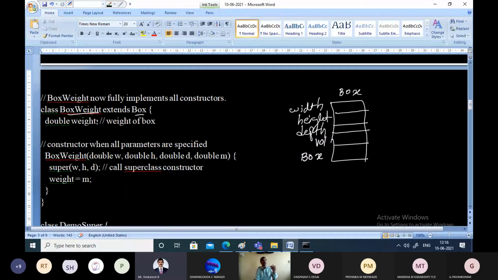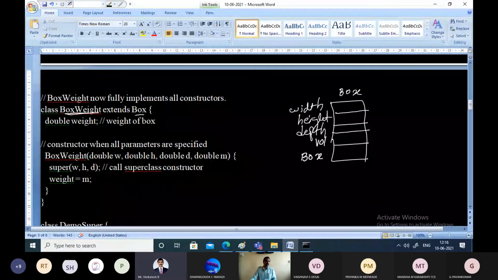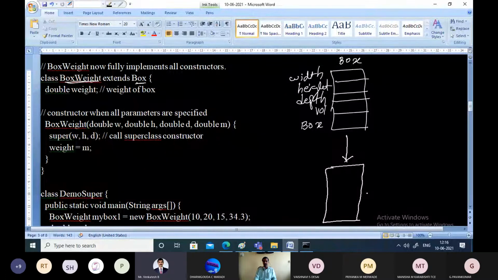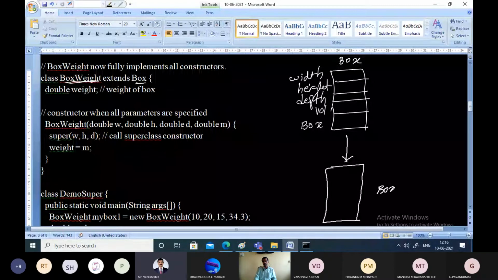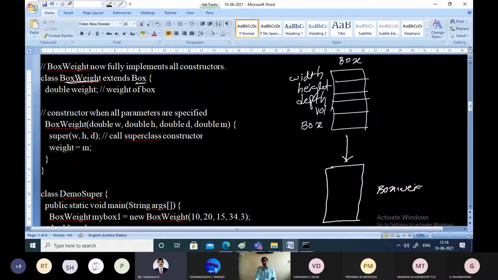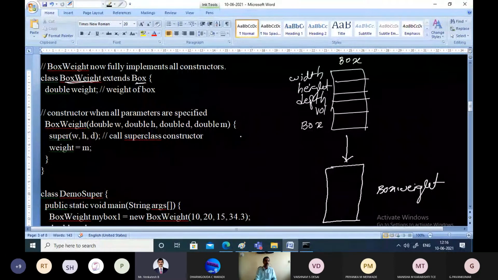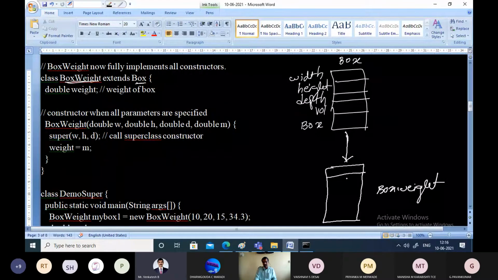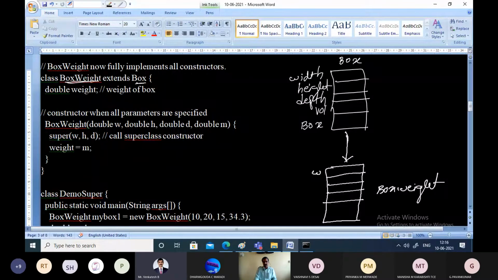Next, we are performing inheritance. That is, box weight is inheriting all the properties of box, or we are creating one more object called box weight, which will inherit properties. Box weight is a subclass which is extending box, that means obviously it will have these members: width, height, depth, volume, box.